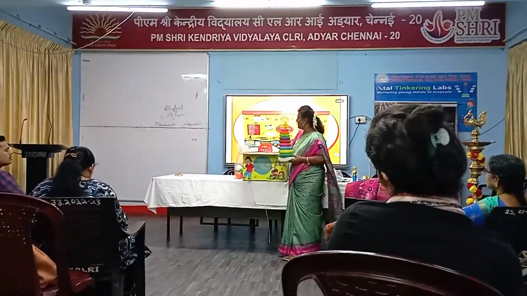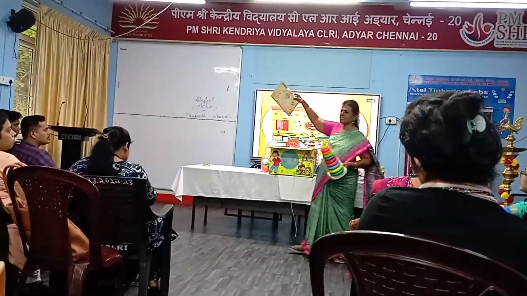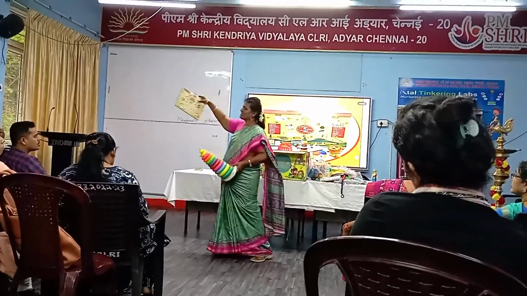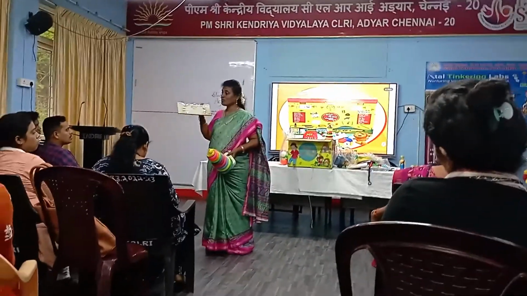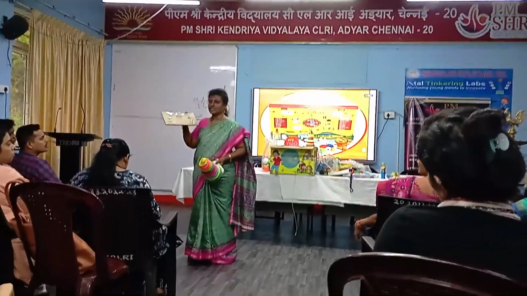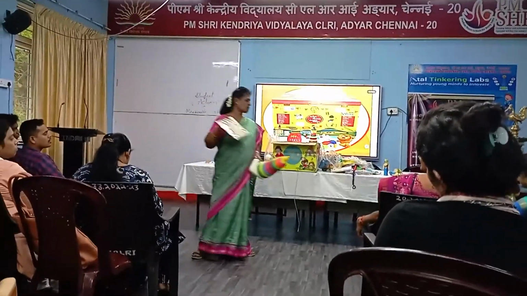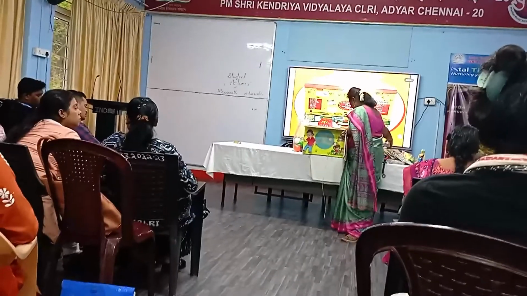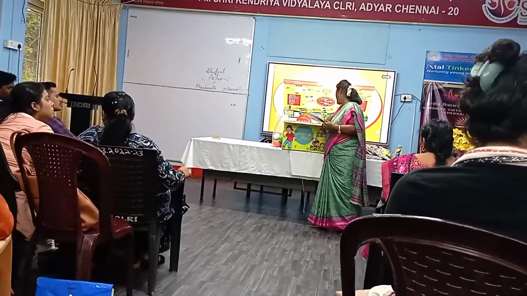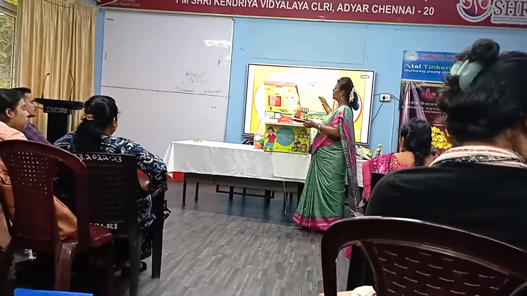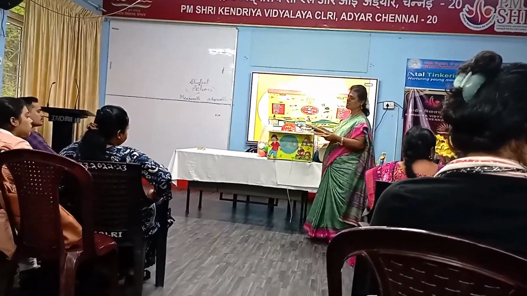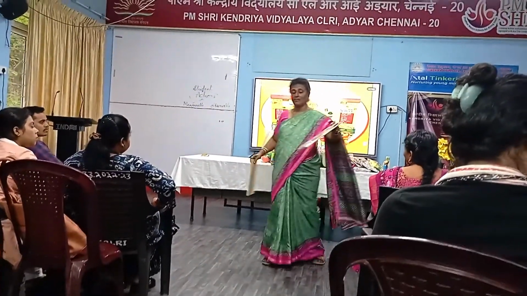Again, this is part of the body puzzle, class 1 in English. These children will love this. Not only one, at least 5 or 6 boards must be there, so that each group will be playing with one. This also they love, each child loves. Again, this is coloring. I have brought everything to show you. Keeping the shape, again, we are teaching them.